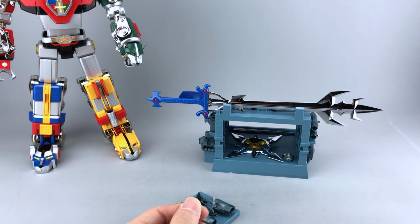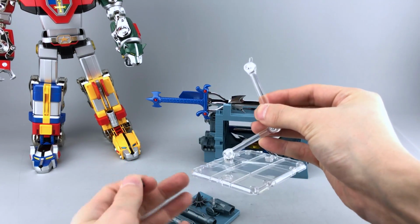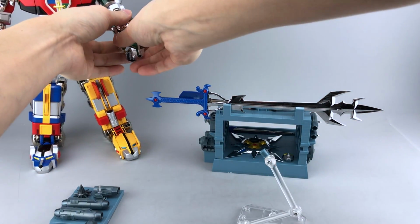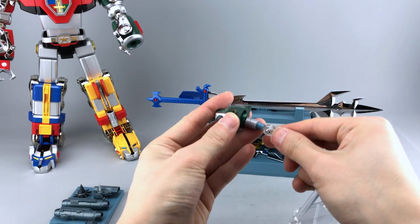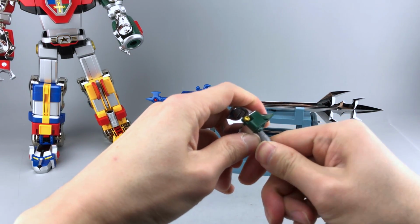If you collect Tamashii Nations figures, you're probably familiar with this thing. It's like the stages, they have different accessories. This actually plugs into that, and then you take off the head. Remember we showed that off before, right? And what you do is plug this in. Oh, plug this into